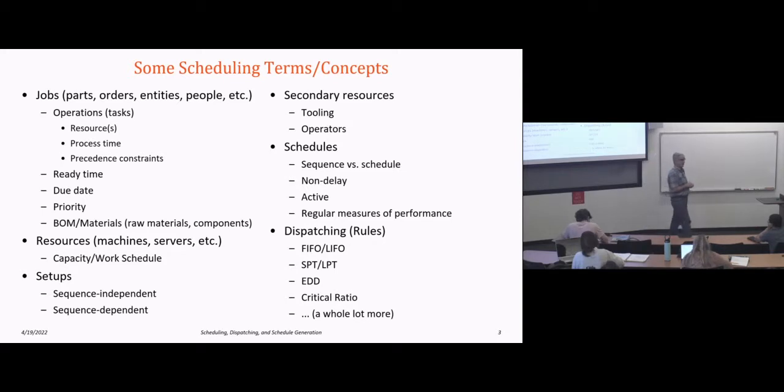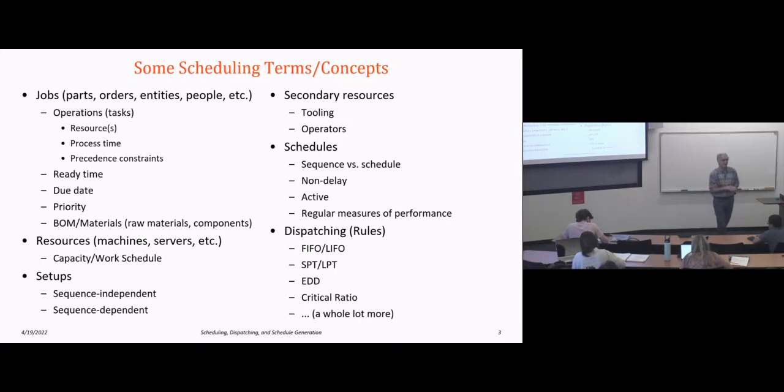We have setups. We have sequence-independent setups and sequence-dependent setups. Sequence-independent setup, you incur every time, regardless of the sequence of processing of parts. Sequence-dependent setups are where the time required to set up a machine depends on the sequence of parts. So in our case, at finish, for example, when I go from one color to another color, it takes a different amount of time. I might be going to red, and if I'm coming from blue, it takes one amount of time. If I'm coming from yellow, it takes a different amount of time. So even though I'm processing red, it depends on that sequence. We saw that.